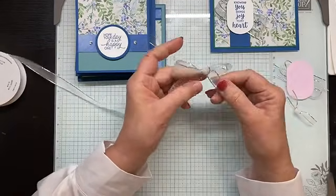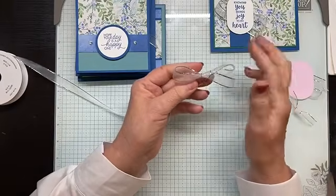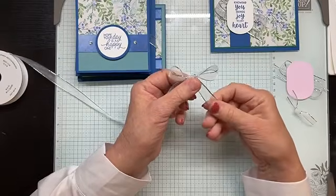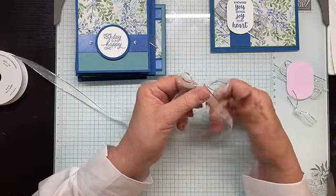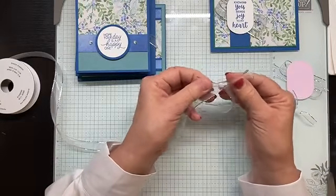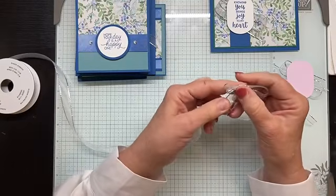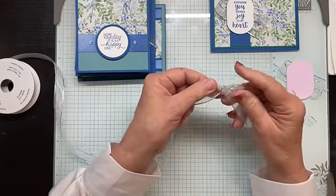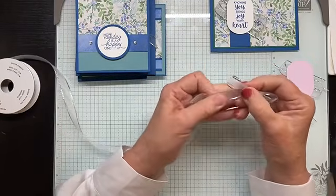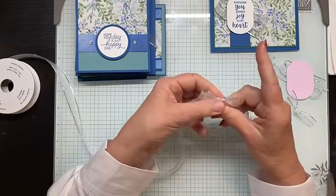Okay, now you can see, there it is. I won't put this on a card. But look what I do to fix it. I just play, and again, this is where you want enough tail to start with, and leaving it on your bolt helps. And I just keep adjusting by pulling on those tails and or pulling on the loops until I get the bow like I want it,